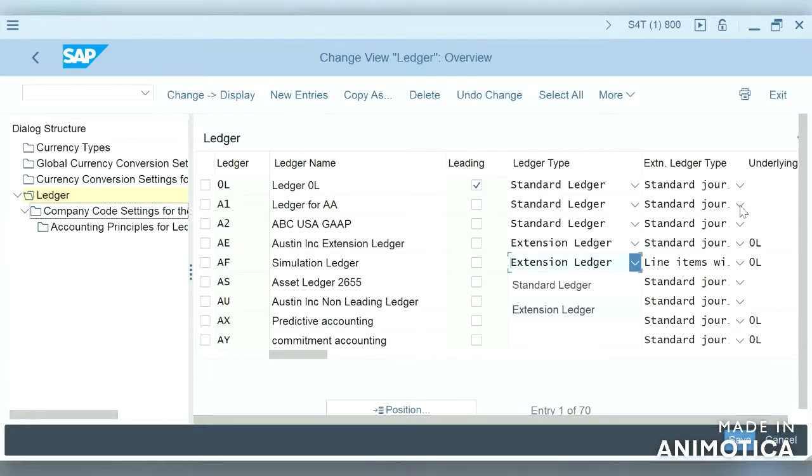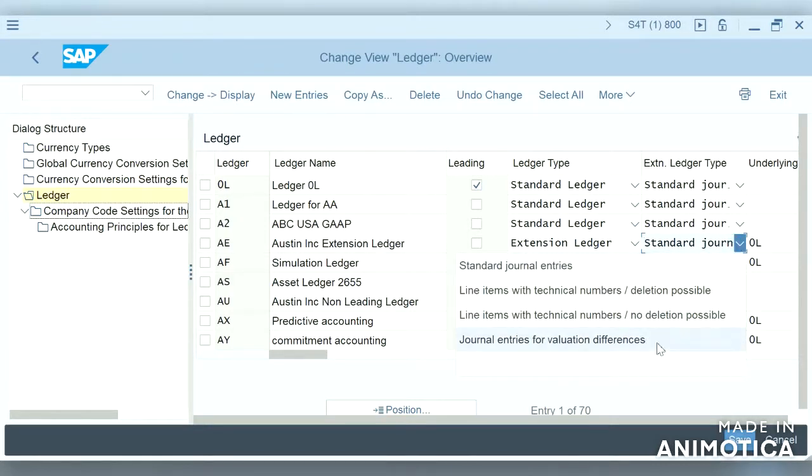And in the extension ledger, as we discussed in our previous video, we know that extension ledgers should always have an underlying standard ledger. These extension ledgers can again be categorized into four categories: standard general ledger entries, line items with technical numbers, line items with technical numbers with no deletion possible, and general entries for valuation differences.